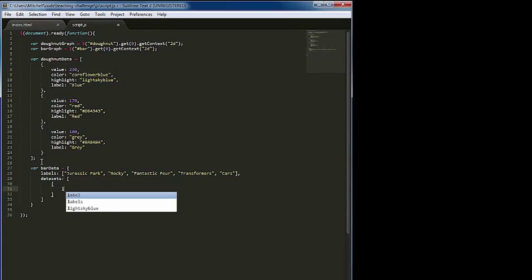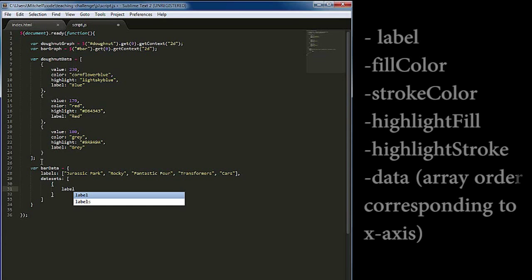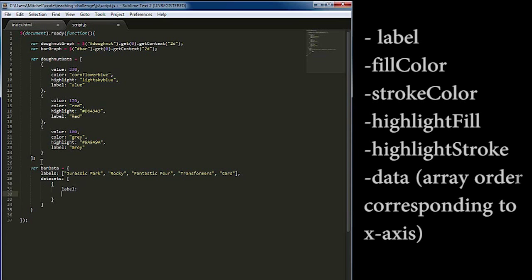Alright, so the fields for this are going to be label, fill color, which is going to be the inner color of the bar when not highlighted, then the stroke color, which is going to be the outline while not highlighted, highlight fill, which is going to be the inner color while highlighted, and highlighted just means when your mouse is over it, kind of just makes it aesthetically pleasing,